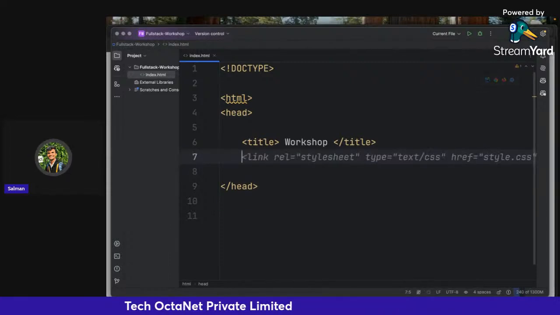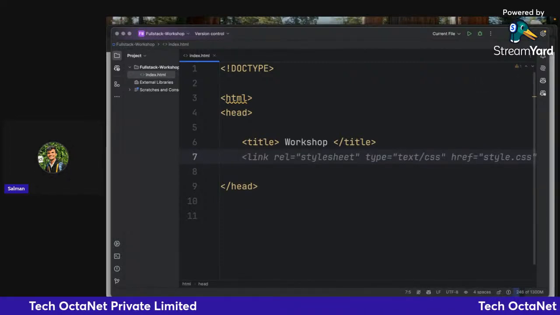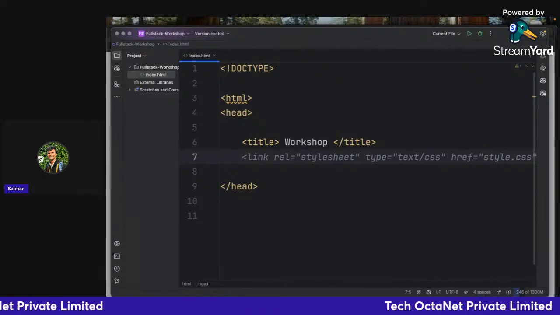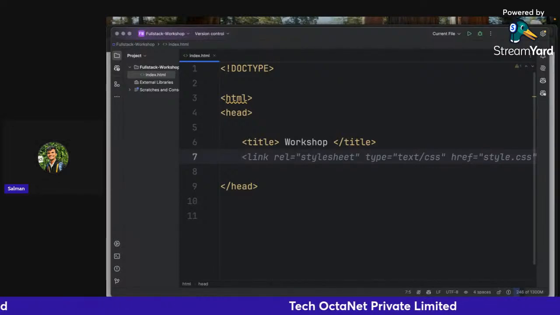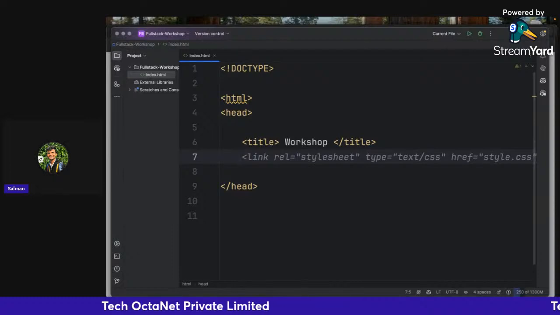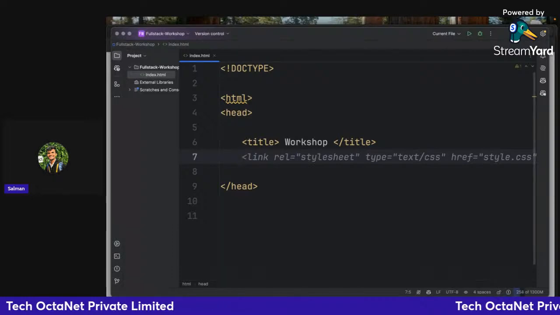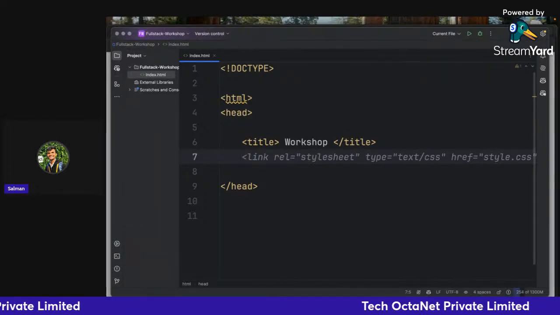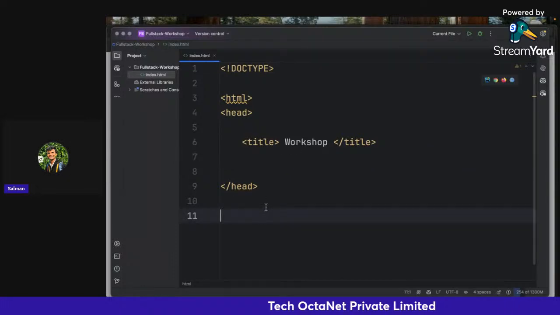And we have the link tag to link the web page with different resources such as images, style sheets, JavaScripts, the external resources. So these are the tags. We have seen the syntax of an HTML tag. Now let's